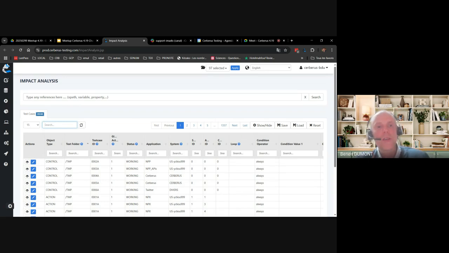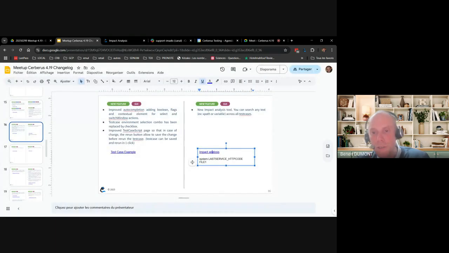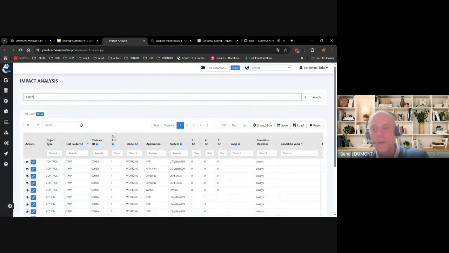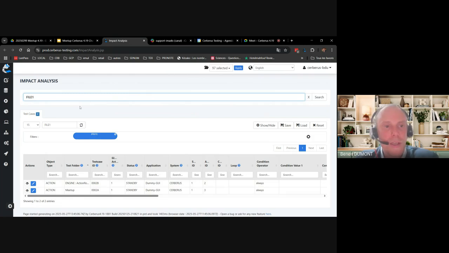So you just put here the string of what you want to search. It could be, for instance, a property name. Here I put, for instance, file1, which is the name of my data lib that I used previously. If I search everything that's in file1, I can see that it's currently being used in two test cases inside actions.